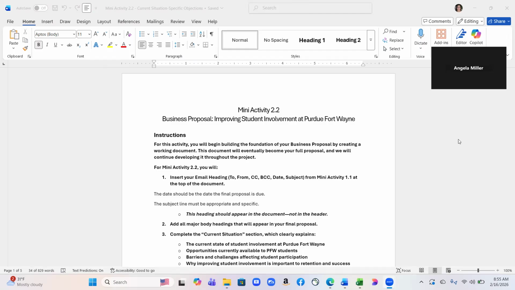Group is going to work on mini activity 2.2, where you're going to start building your business proposal. Over the next couple of weeks, we're going to be working on the business proposal and adding to it each week, which is going to help you to be able to complete the business proposal without feeling too overwhelmed. So, in order to get this started, we're going to just kind of take a look at which sections you're